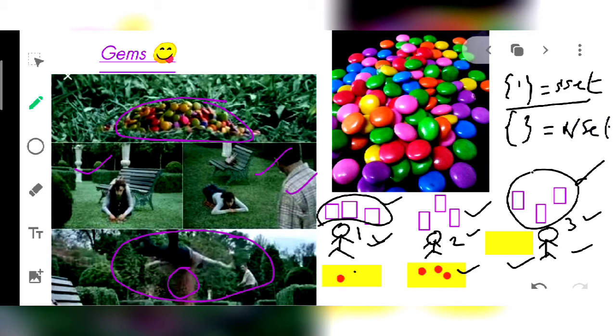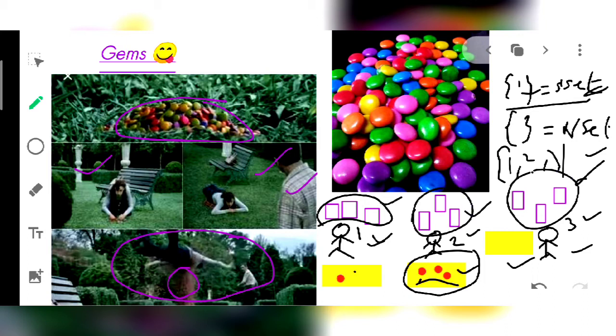What we mean to explain is that the set having 1 element is called a singleton set, and the set having no elements is called the null set. Okay. The second person, who has 3 red colored Gems from the 3 Gems packets, has 3 elements in the set of 3 Gems packets. You can say that.